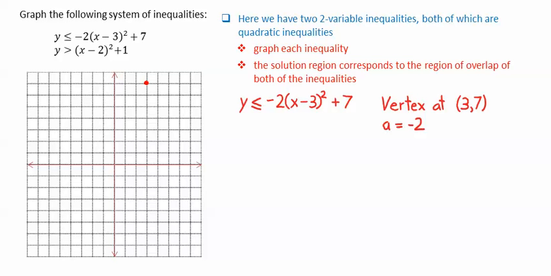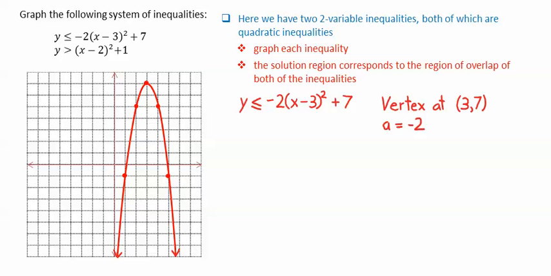This means as we move left or right by 1 from the vertex, we move down by 2. Left or right by 2, we move down by 8. We then draw a parabola as a solid line corresponding to the less than or equal to inequality symbol. Again, noting the less than or equal to symbol, this means that we would shade in the region underneath this